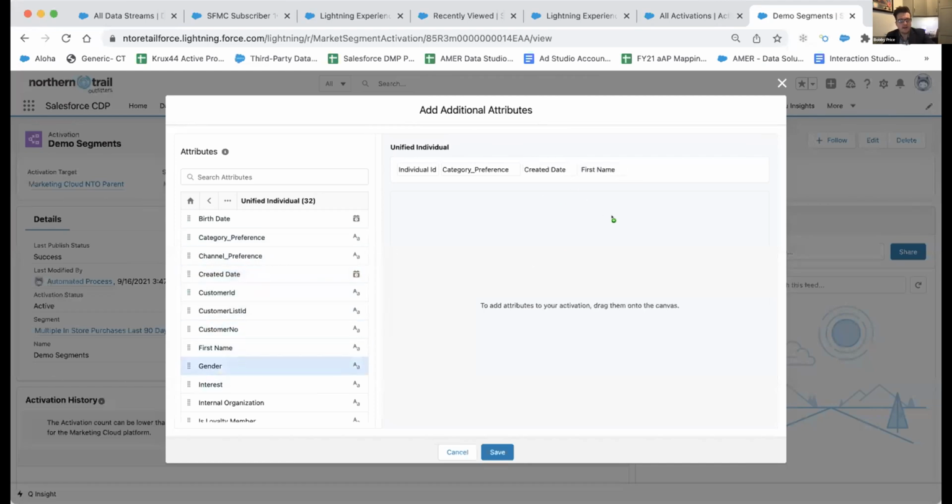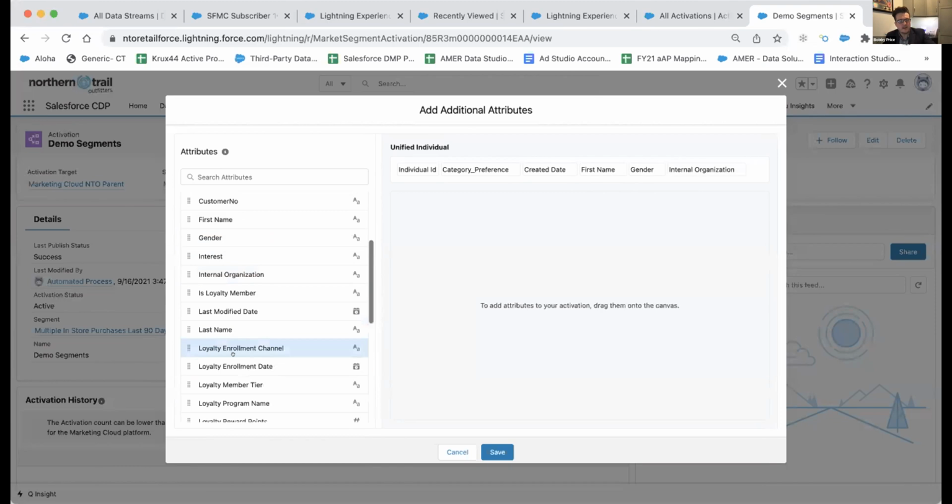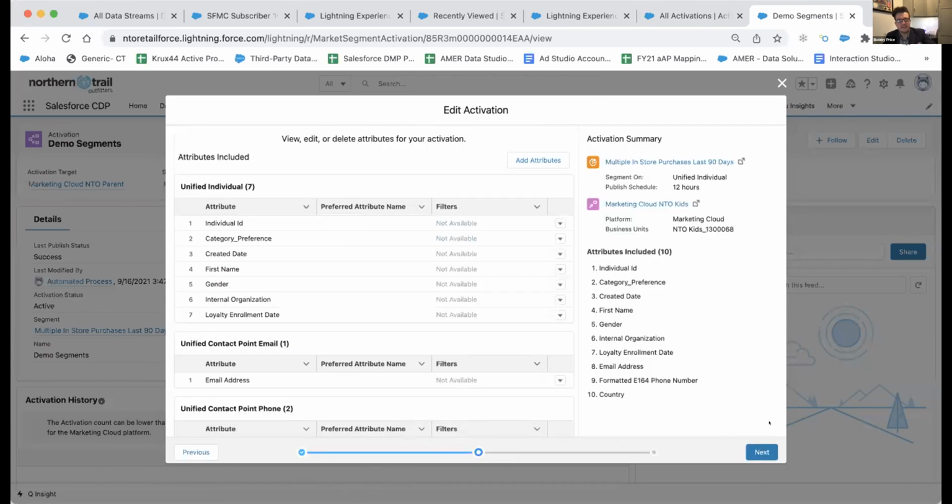So you can now customize these emails to make sure that the user knows that you know who they are, what they purchase, what their affinities are, and things like that. So if I hit save, hit next, we would be ready to go, and that would be an activation. So I'm just taking you through the basic segmentation of the data that we brought in through our different data